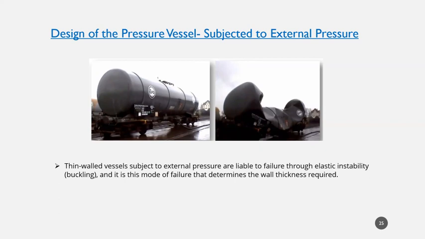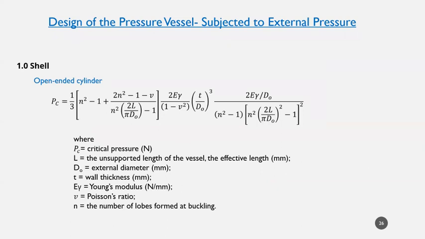Okay, thin wall vessels subject to external pressure are liable to failure through elastic instability, which we call buckling. And it is this mode of failure that determines the wall thickness required. So you may refer to this, okay, this is before the incident and this is after the incident. This is due to the air pressure surrounding this vessel. So this is the instability of the elasticity due to buckling. So that's why in designing the pressure vessel, we are going to refer to the calculation of the critical pressure related